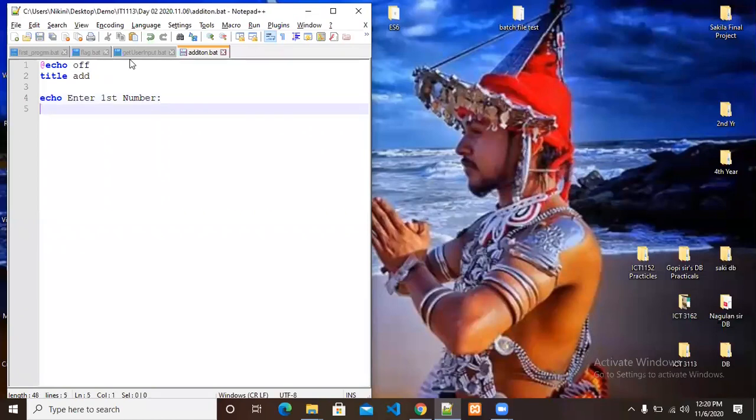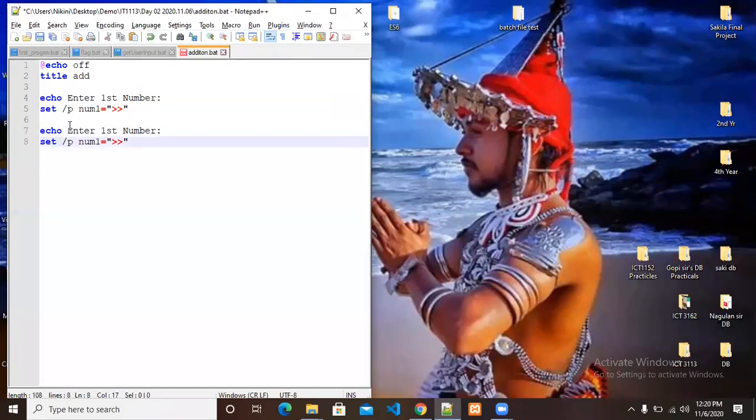Okay, now we have to set the typing area and grab what the user is going to type. So set num1 is my variable and I am going to give the placeholder for that. And again, enter the second number, and I give the variable name as num2.